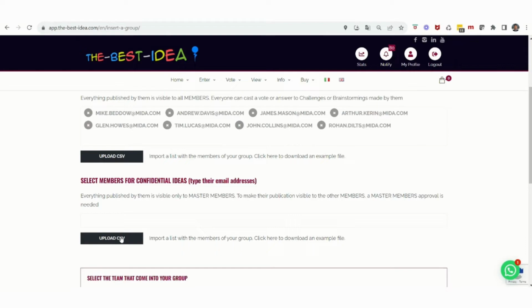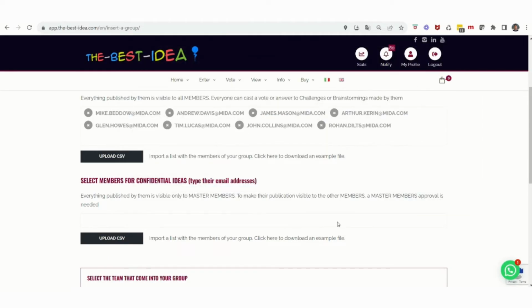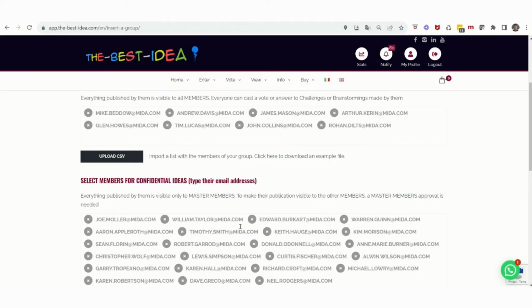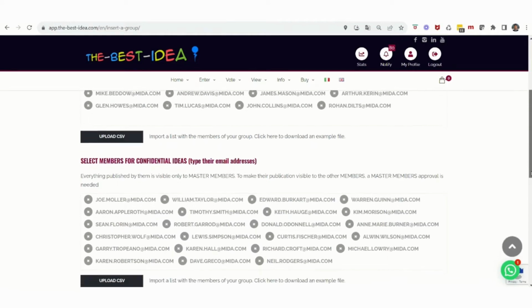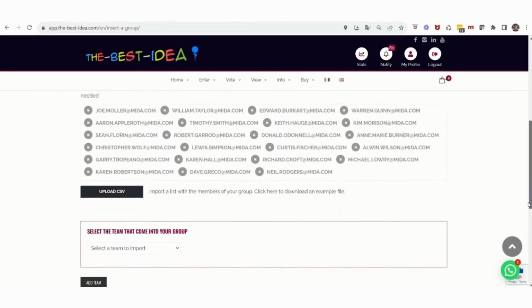You follow the same process with the third field, which is the list of members for confidential ideas, those that, if they publish an idea, it becomes viewable and votable only by all the master members of the group. For example, this might be an appropriate setting for customers, if you want to treat their contribution as confidential so that group members that are employees, included in the master members list, will be able to view it but other